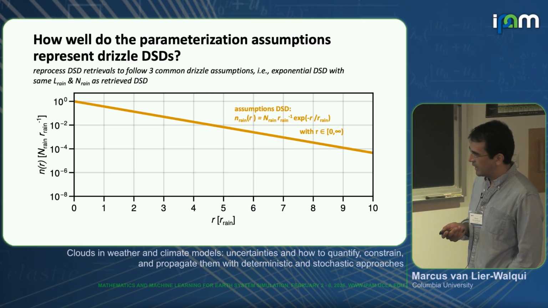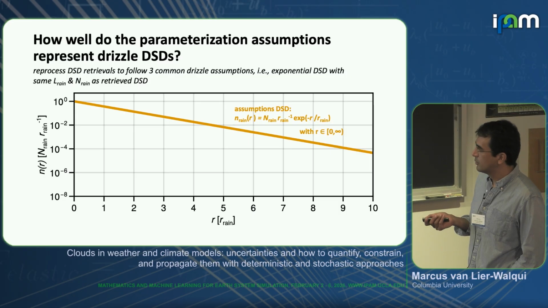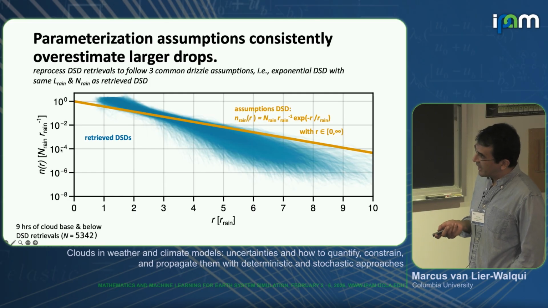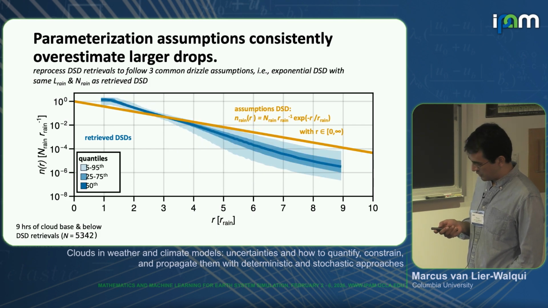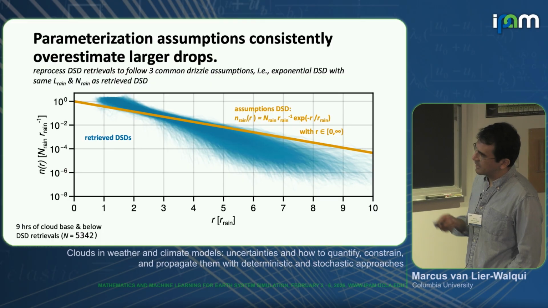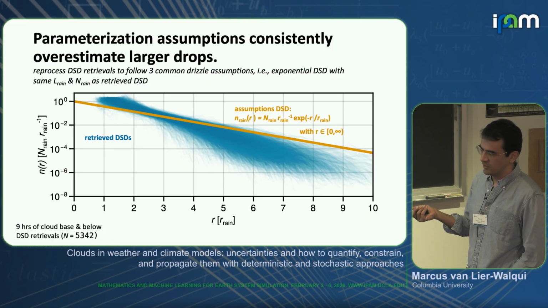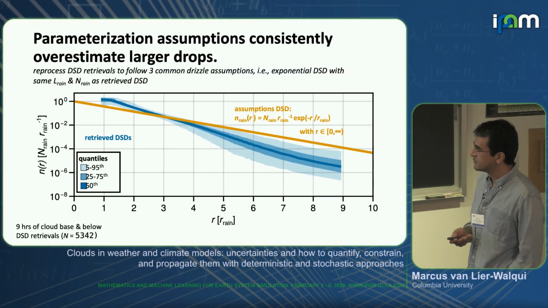And well, we can evaluate. Most parameterizations assume an exponential size distribution. So this is radius on the bottom, and this is number. The size distribution looks like that, right? That's the shape of it in this space. What we find is actually pretty significant deviation from that. This is doing some sort of normalization so you see the shape of the distribution rather than the amount. You get something quite different.